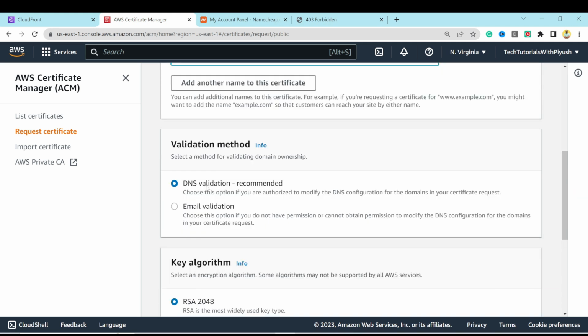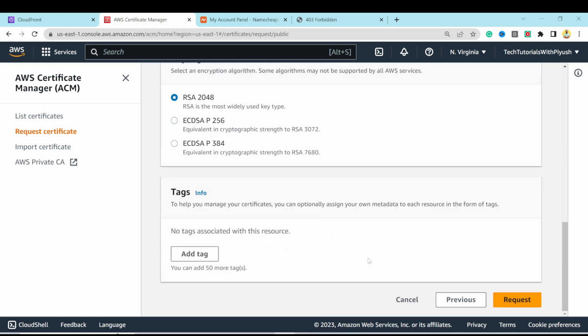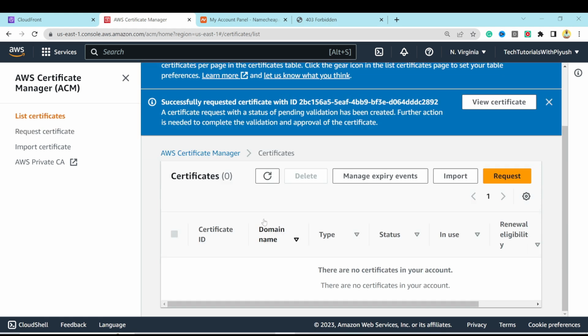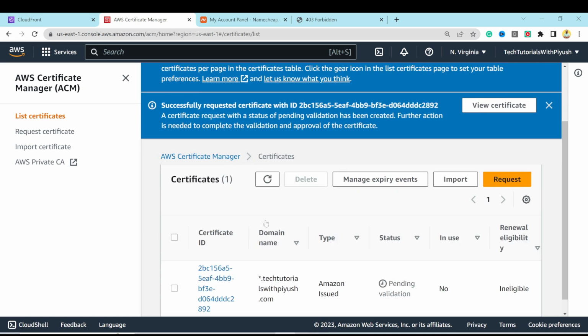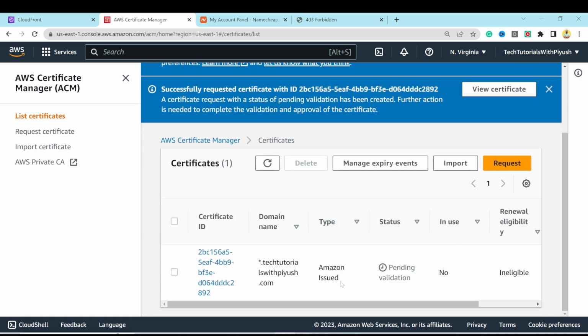So DNS validation is a step that makes sure that you own the domain and you are not using someone else's domain. So you should be authorized to modify the DNS configuration. To do that, I'll show you how you can do that. And hit request. And we can hit refresh over here. Now it will show you pending validation because we haven't started the validation yet. And if you hit over here,